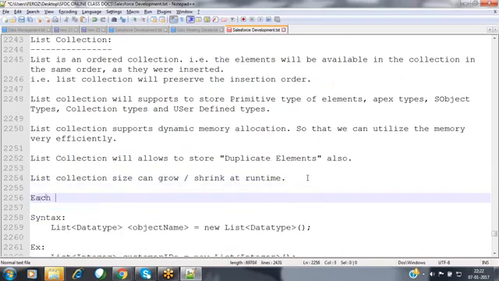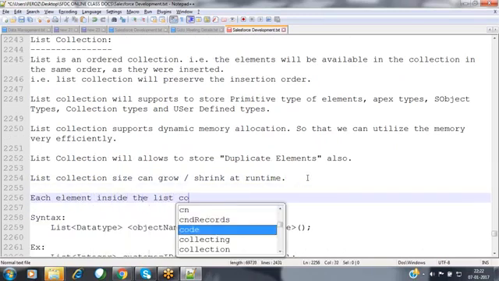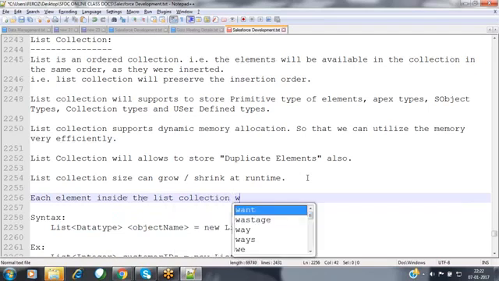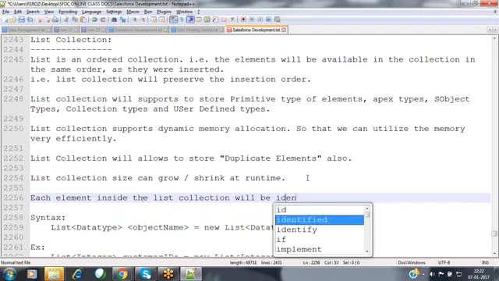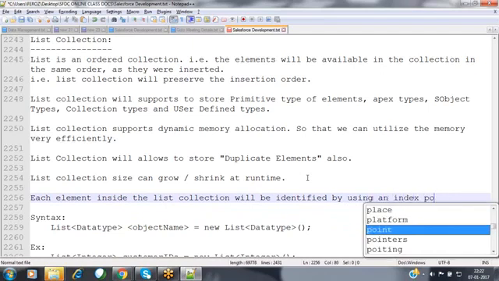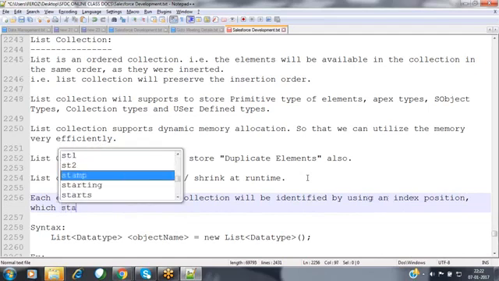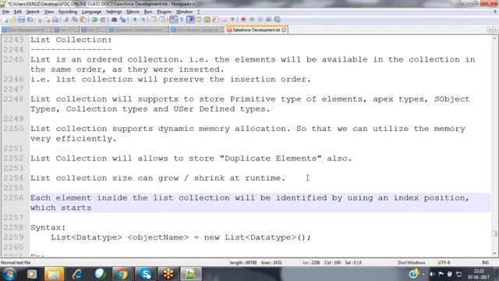Now, each element inside the list collection will be identified by using an index position, which starts from 0.